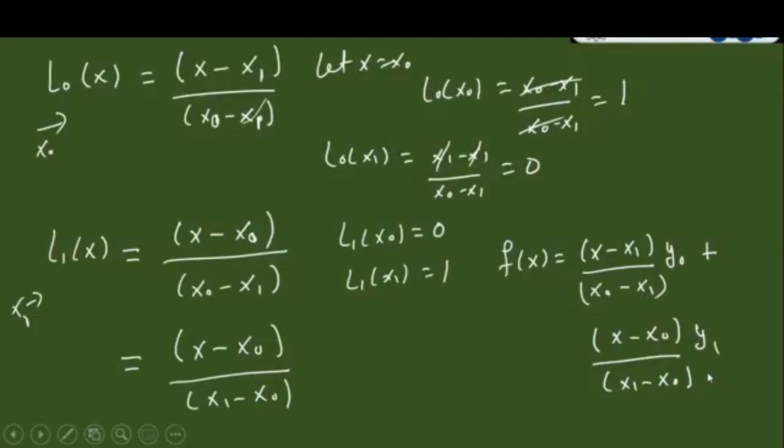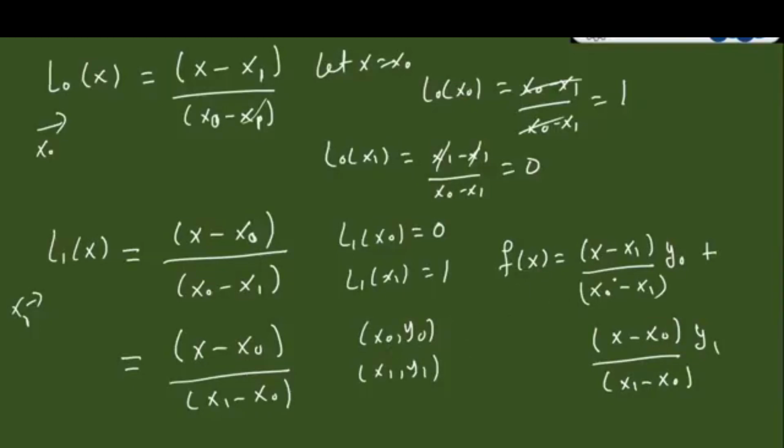Now why have we defined it like that? Because in the Lagrange function we have to make sure that the data that we have is satisfied by the given function. So the data we have is like that. Our data is x0 comma y0 and x1 comma y1, 2 points only. So this is the function to represent this data. How? If you put